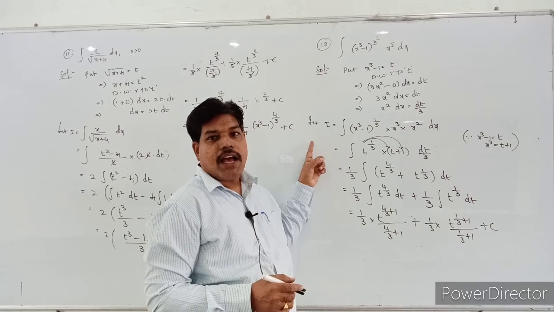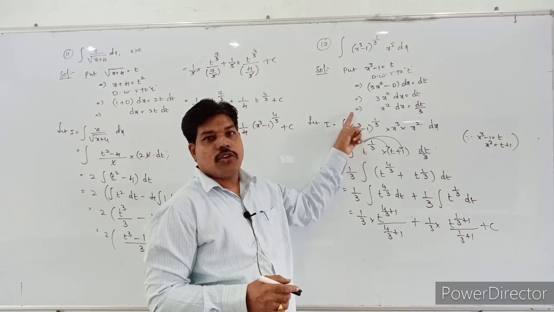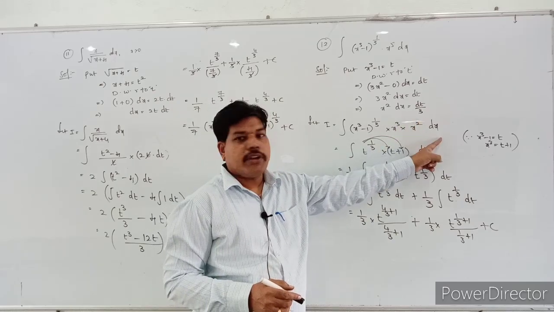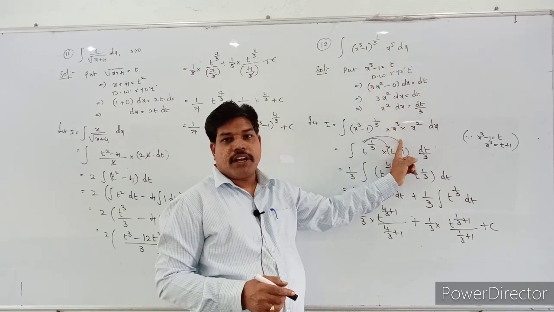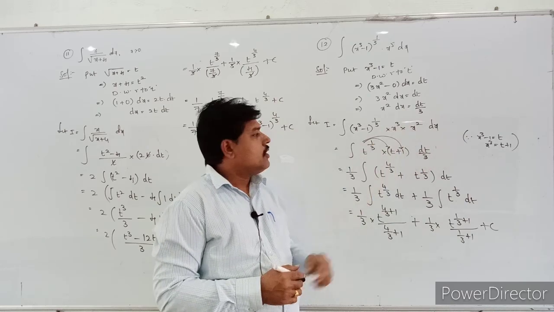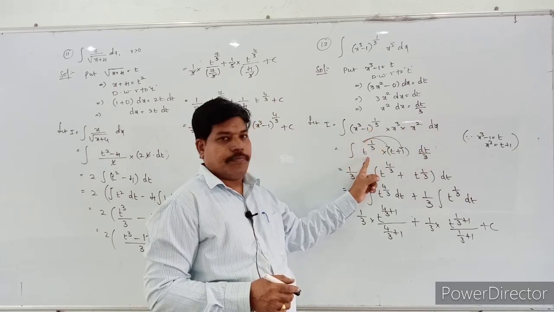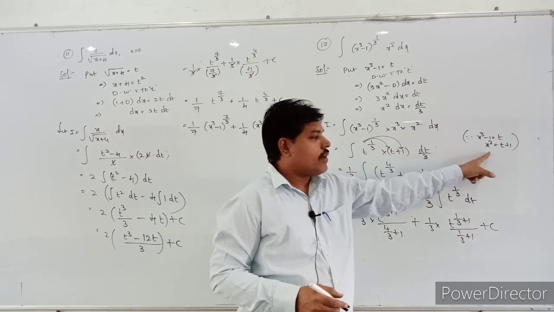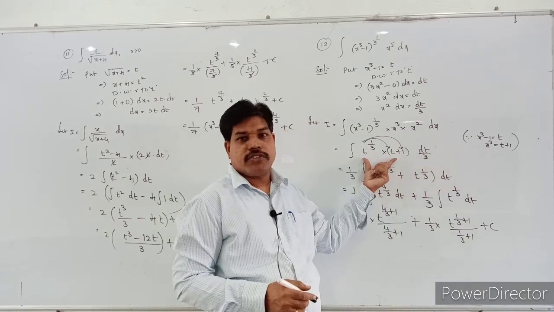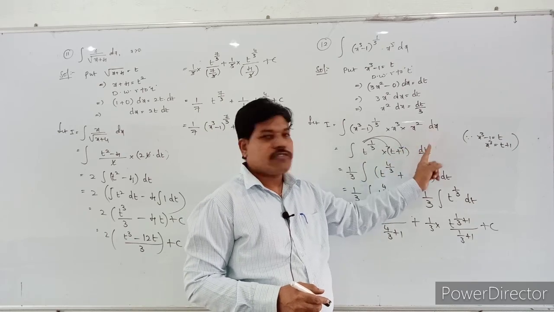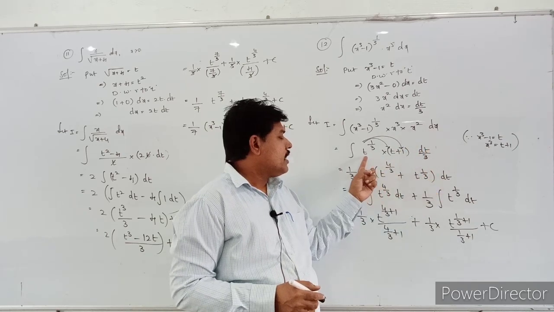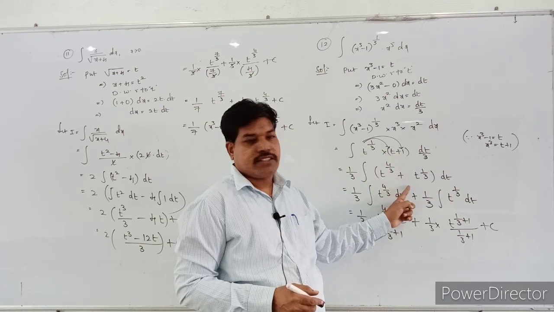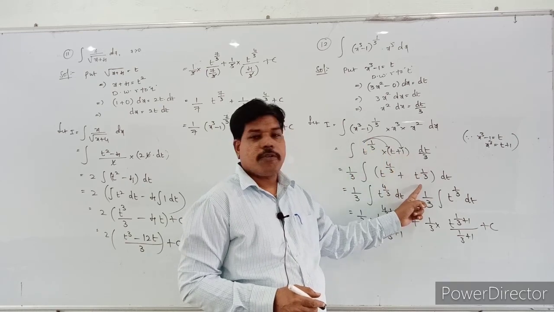What is I? I is equal to the integral of (x cube minus 1) whole power 1 by 3 into x cube into x square into dx. That x power 5 I have written as x cube into x square. x cube minus 1 value is t, so x cube value is t plus 1. Replace that value here, into x square into dx value is dt by 3. Here I multiply t power 1 by 3 into t is t power 4 by 3, plus t power 1 by 3 into 1 is t power 1 by 3.